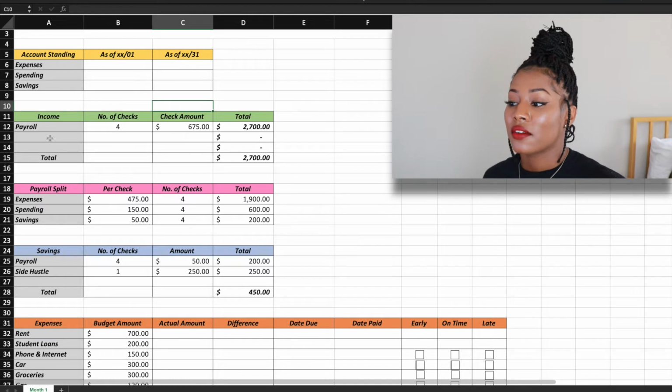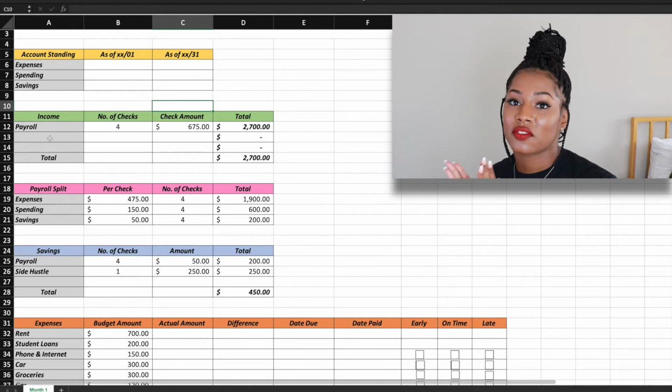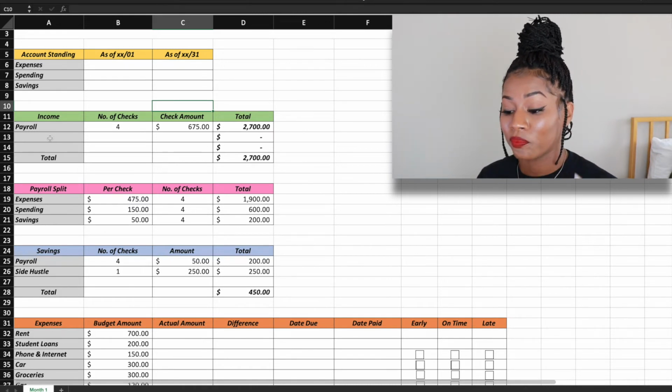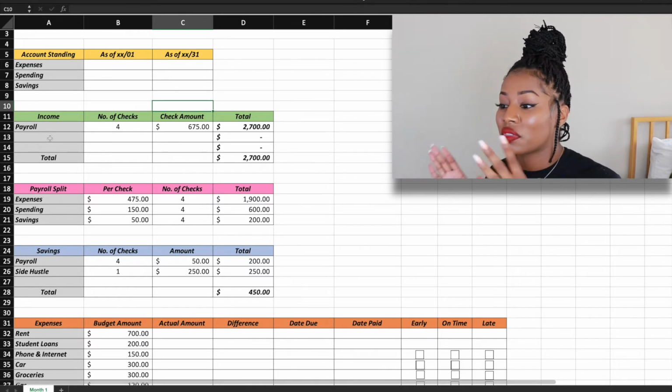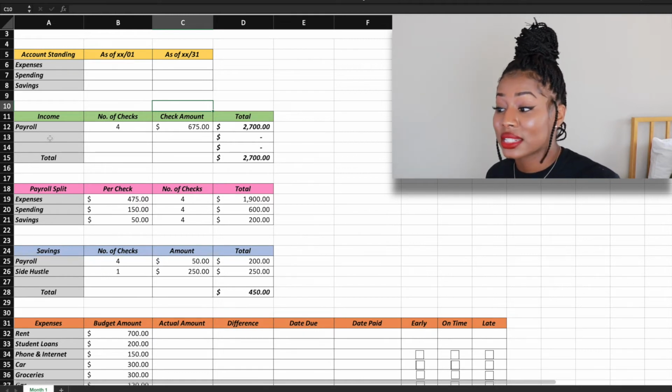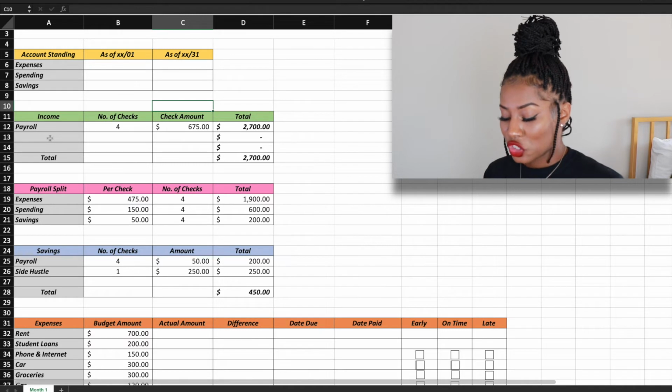So if she saves $50 per check, which is $200 a month, plus the $250 that she makes at minimum from her side hustle, it said this is the minimum amount that she makes. There can very well be months where she doesn't have to put anything from her weekly check into her savings if her side hustle covers the full $420 that she has to. But with this budget of $50 per check and her side hustle, she can save beyond the $420, and she could save $450,